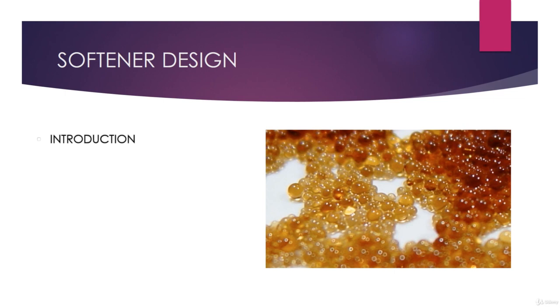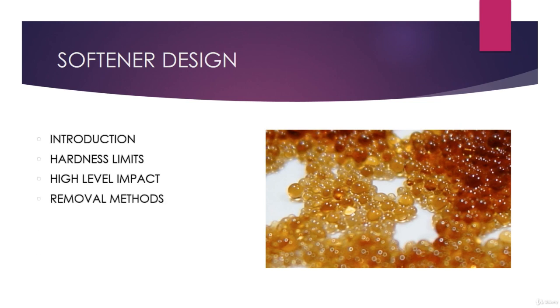In the section on designing a water softener, we will study the total hardness and its source in water and the acceptable limits of calcium and magnesium hardness in drinking water and industrial water. And we will talk about the effect of hardness on equipment, pipes, and plumbing fittings, and its effect on skin and human health. We will explain an introduction on the different ways to remove hardness, and then we will start